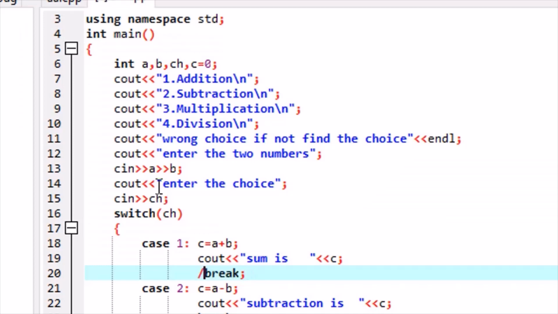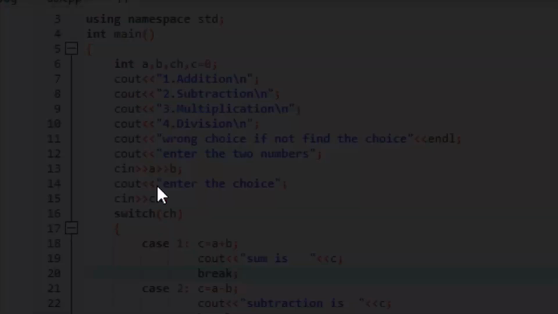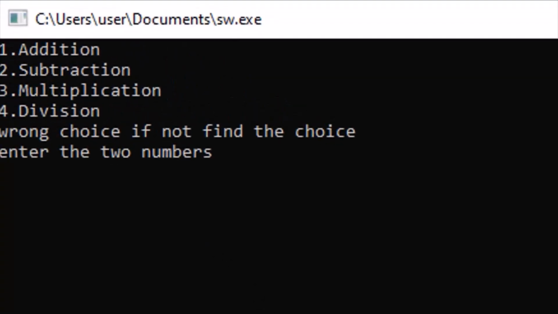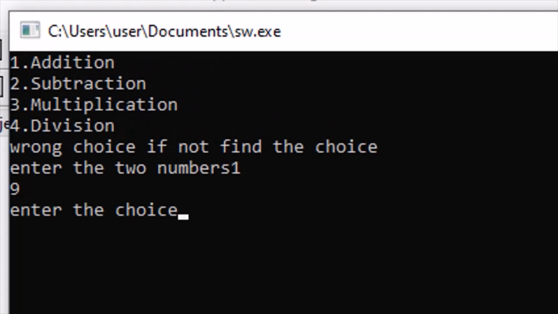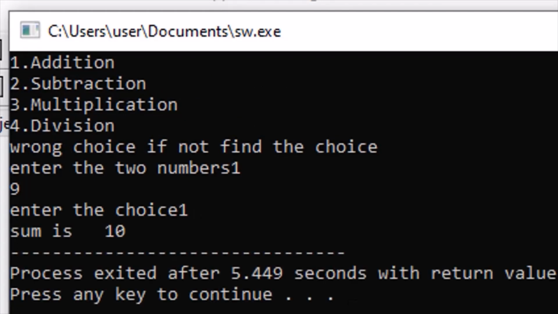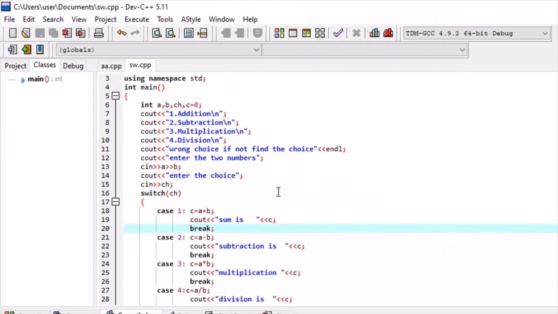I'm again repeating, break is a keyword which is used for taking the control out of the innermost loop, or you can say the switch. Looping we will use in practicals, but this is the case of switch, right? We put the break, and again we see the output is disconnected from the rest of the cases. So it clearly shows us that switch is a keyword which is used whenever we want a single choice